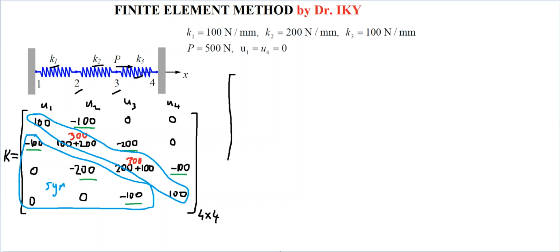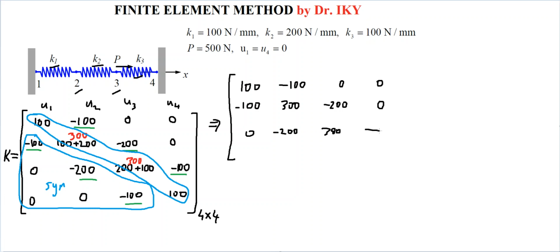Let me write 100, minus 100, 0, 0, minus 100, 300, minus 200, 0, 0, minus 200, 300, minus 100, 0, 0,